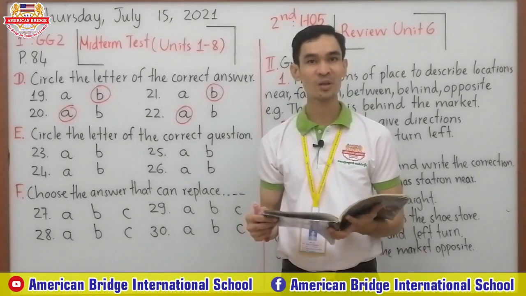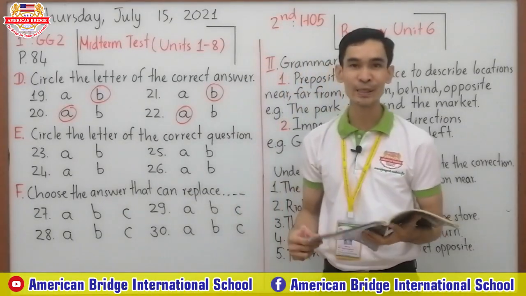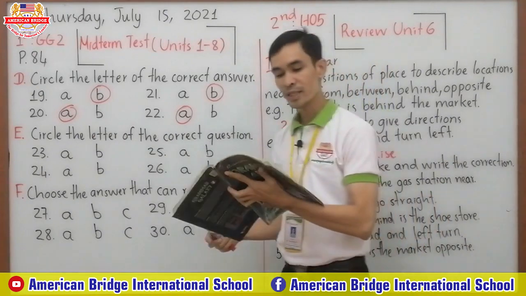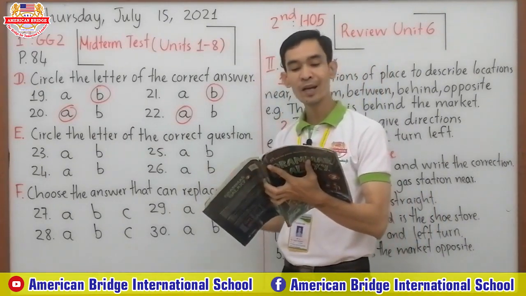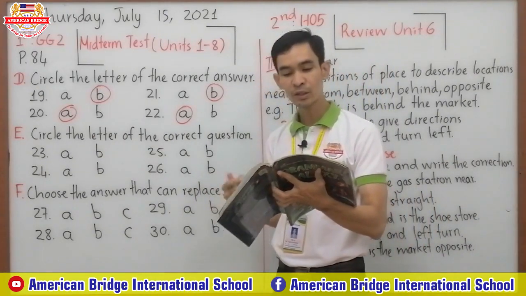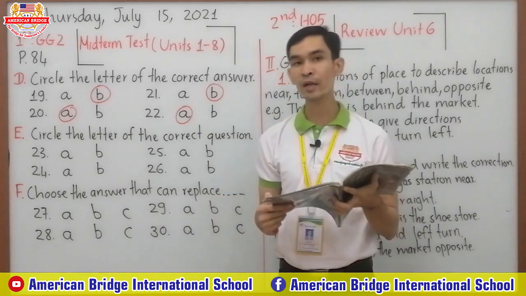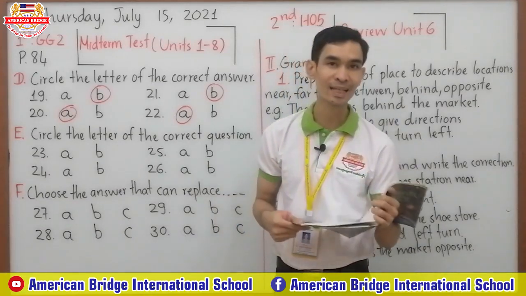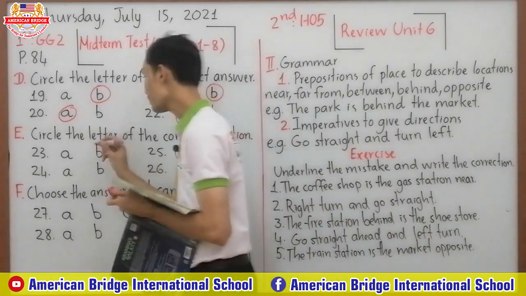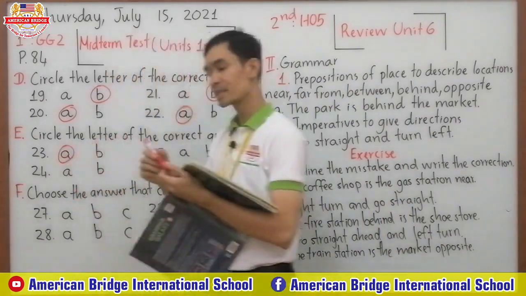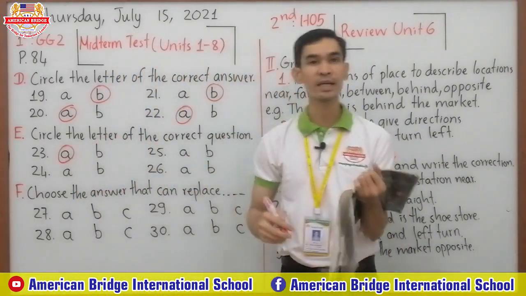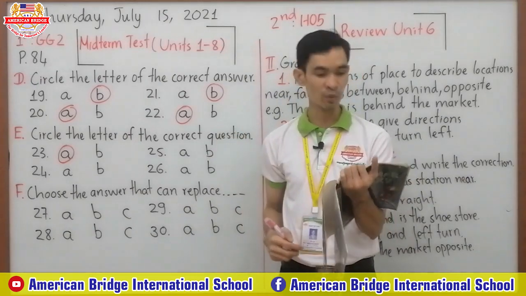Finish everyone? Good job. Okay, so now let's check the answer all together. 23. A. Are you living now? And B. You are living now. So the correct form of the question is letter A, right? Verb to be plus subject plus verb in G is the form of question.